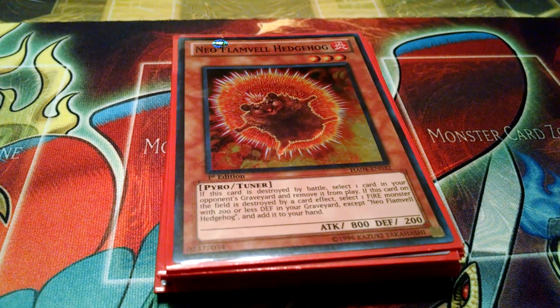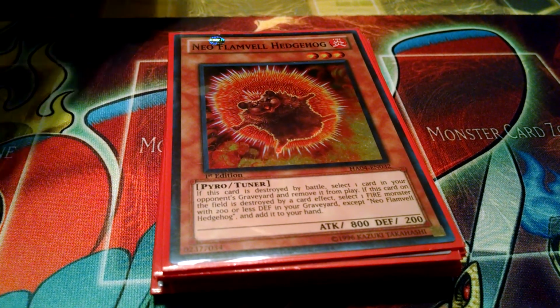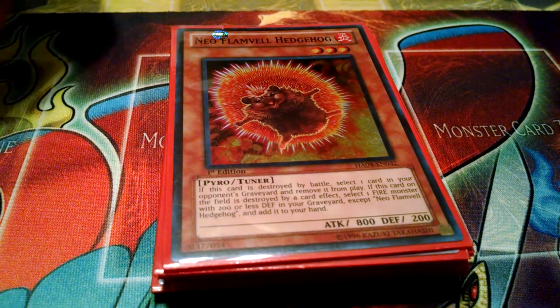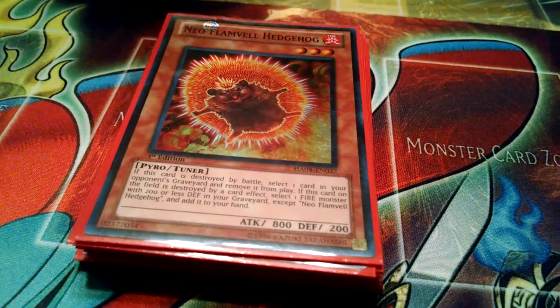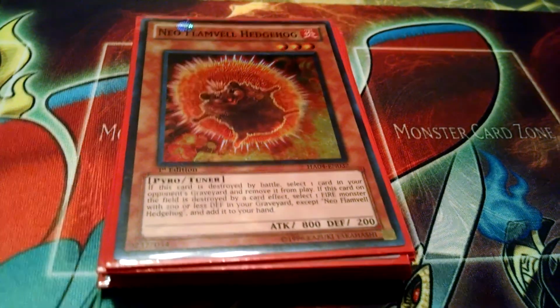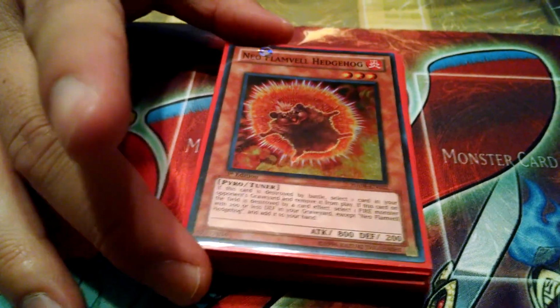His effects: when he's destroyed by battle, you can remove from play a monster in your opponent's grave. If he's destroyed by card effect, you add a 200 defense fire monster from your grave to your hand, which is, you know, Yaksha, Barong, most likely. If he's destroyed by battle, obviously you're going to remove from play a key monster in your opponent's grave. And since he's a level 3 tuner, you can sync. Now, you can